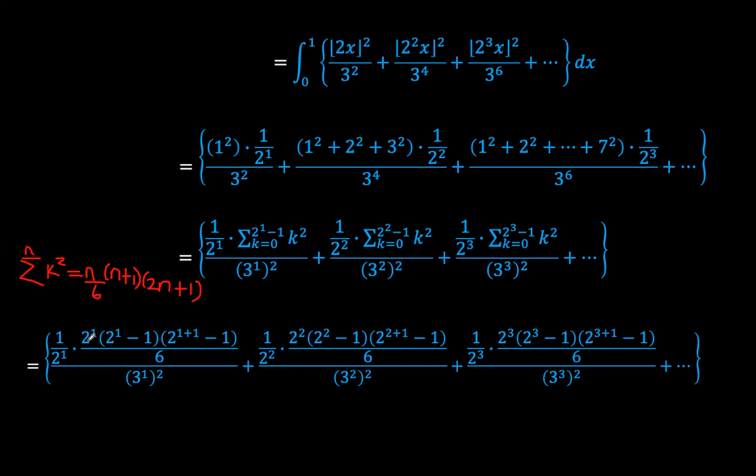So that's what we included here. So 2 to the power 1 minus 1 is our n. 2 to the n plus 1 is 2 to the power 1 minus 1 plus 1. So we have 2 to the power 1. And then here 2 times 2 to the power 1 minus 1, which is now 2 to the power 2 times 2 to the power 1 minus 2 plus 1. And we get this 2 to the power 1 plus 1 minus 1. And we've repeated that accordingly, right? And so